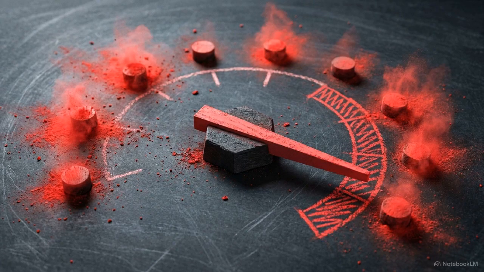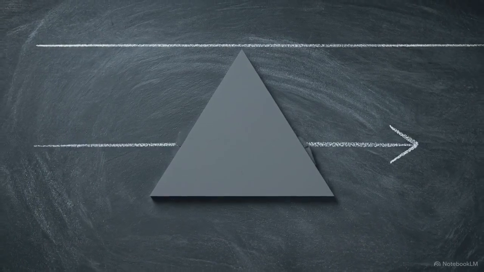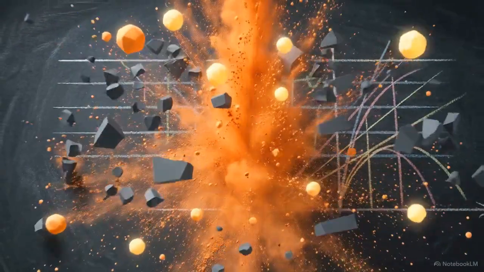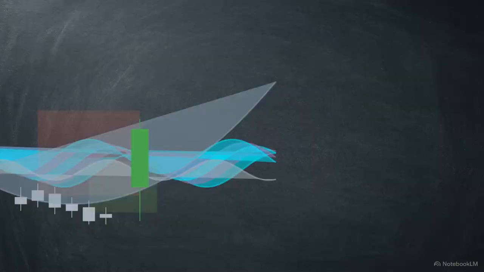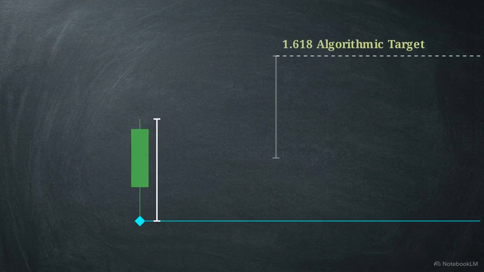Peak visual velocity does not indicate structural strength. It signals a state of maximum mathematical risk. The life cycle of the genesis vector is defined by the transition from perfect equilibrium into a measurable kinetic imbalance. Stripping away the complexity reveals the core utility of Wave A. It provides a fixed invalidation floor and a set of rigorous algorithmic targets.